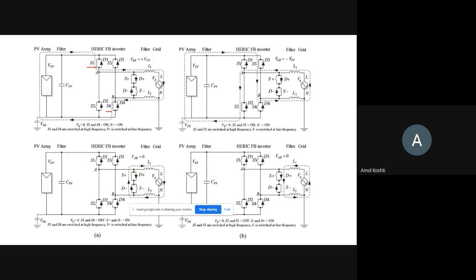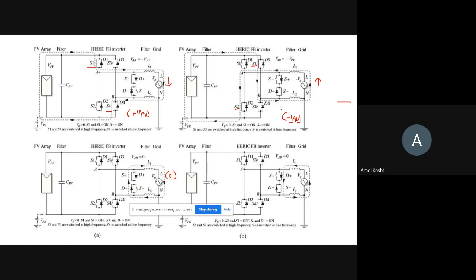And reactive power exchange between L1 and CPV is avoided in this switching itself, and zero output is produced. Here we can say plus VPV is produced, here 0 volt is produced. Now to produce minus VPV, we have this type of switching. Again, two diagonally opposite switches, S3 and S2, are turned on, and the direction of current through the load is opposite to the first, so the output will be in the negative half, so minus VPV is produced.